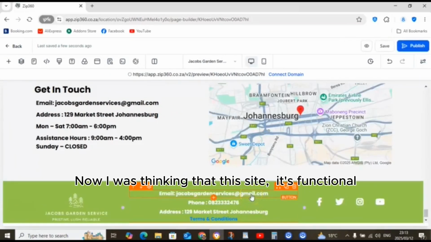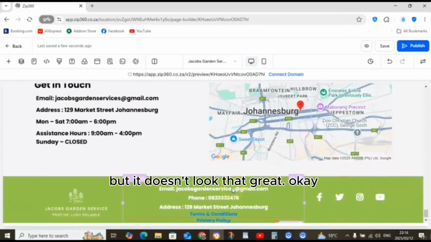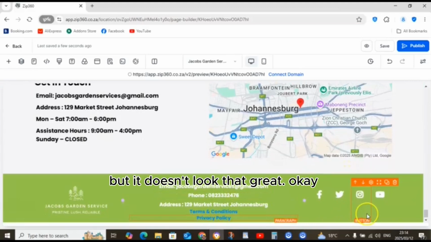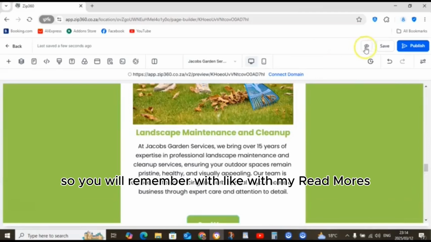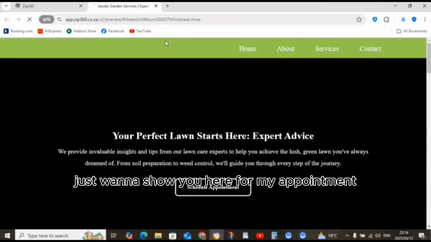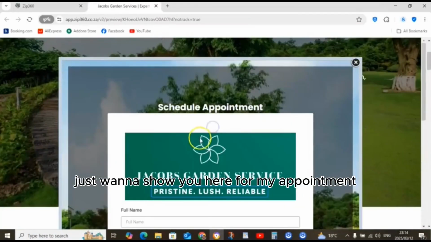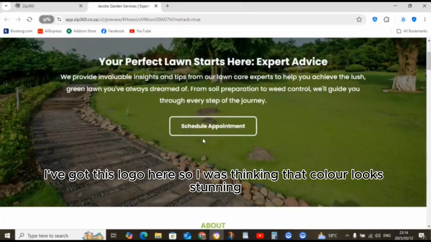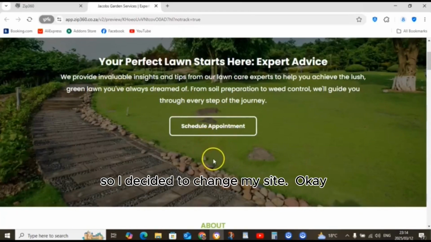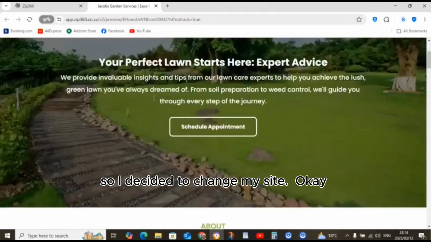Now, I was thinking that this site, it's functional, but it doesn't look that great. Okay, so you will remember with my read mores, I just want to show you here, all my appointments, I've got this logo here. So I was thinking that color looks stunning. So I decided to change my site.